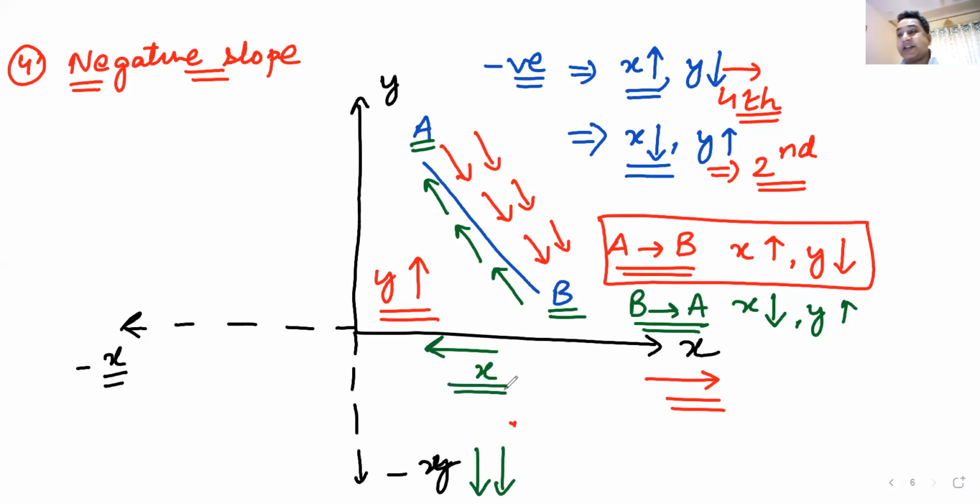Is everyone getting me? From A to B, the graph is a negative slope graph, and if you look from B to A also, it is a negative slope graph. The only difference is from A to B, it lies in the fourth quadrant. From B to A, it lies in the second quadrant. And see, I have drawn it in the first quadrant. So drawing it in any quadrant does not make any difference.